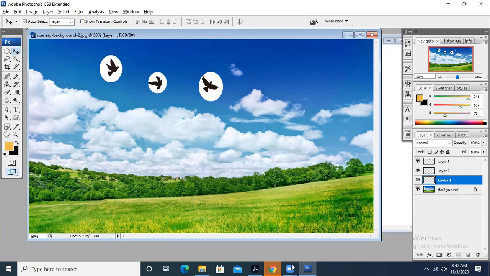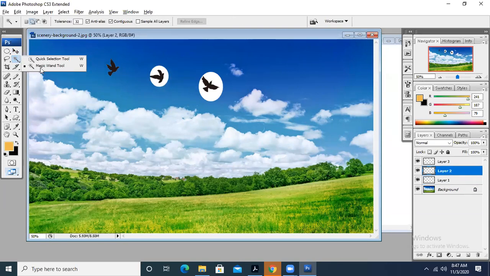I am going to take the magic wand tool. I had told you that the magic wand tool will always select the similar color. The similar color over here is white. I will select it. I will press delete. Okay, getting this or not? What did I do? I just selected that particular color. Now I want to apply it on the next one. I will select it. I will take the magic wand tool. By pressing W, you can have the magic wand tool, and I will delete the background.